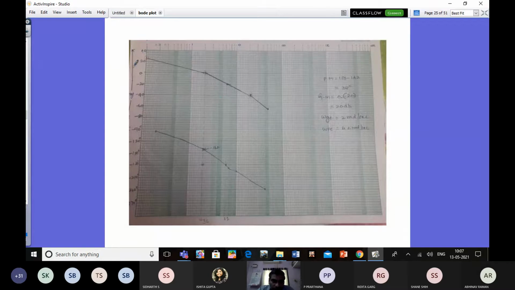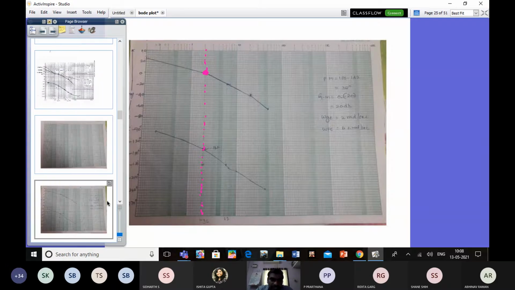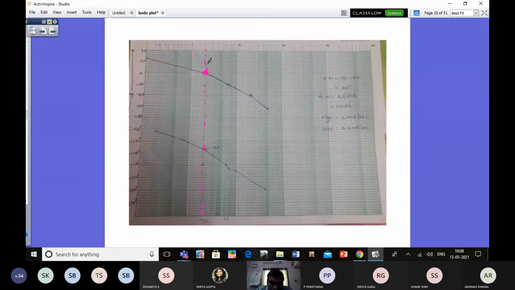From this plot, you can see where it is intersecting the 0 dB point. So this point we can call the 0 dB intersection point. You can extend this line and see what the frequency is. The same, you can extend it. It will intersect one point in the phase angle plot also. You have to draw a dotted line. This is called omega GC, the gain crossover frequency. Correct dear? Where it is intersecting 0 dB in the magnitude plot, that point of frequency we can call omega GC.